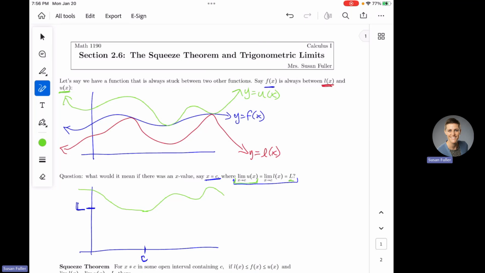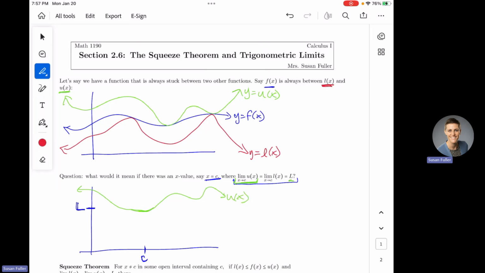We'll make it continuous just because this is our first go at this and we're learning. So I'm going to make sure that that point exists there. It doesn't have to, by the way. We just need the limits to exist. But let's just say this is nice and continuous. The y value is the same as the limit. But notice this function approaches L from both sides, which is what this says. Okay, so that's my u of x function.